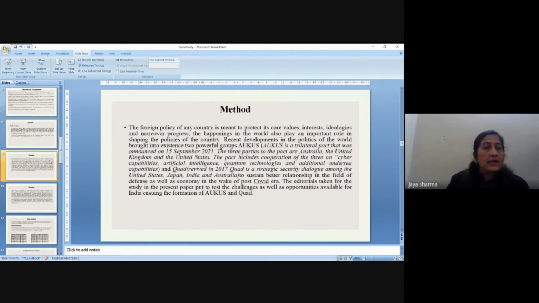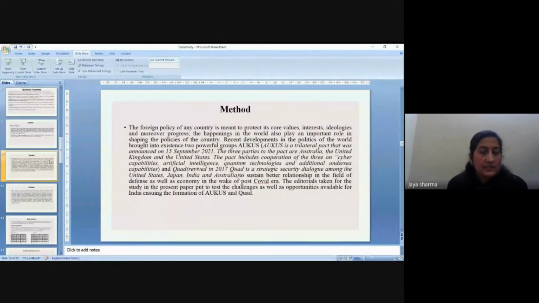And then regarding AUKUS and QUAD, the foreign policy of any country is meant to protect its core values, interests, ideologies, and moreover progress. The happenings in the world also play an important role in shaping the policies of the country. Recent developments in world politics brought into existence two powerful groups. AUKUS is a trilateral pact that was announced on 15 September 2021. The three parties to the pact are Australia, the United Kingdom, and the United States. The pact includes cooperation of the three on cyber capabilities, artificial intelligence, quantum technologies, and additional